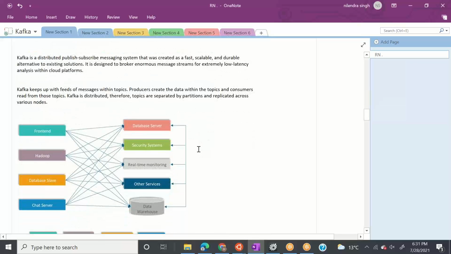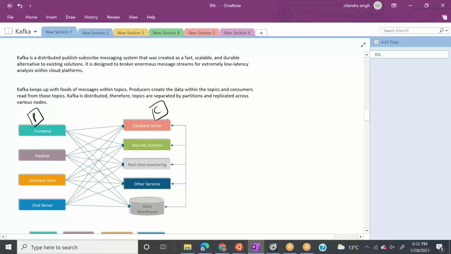Okay, so now one more thing, in the form of decoupling. Let's say we have our producers here and we have our consumers here, and there's nothing in between.